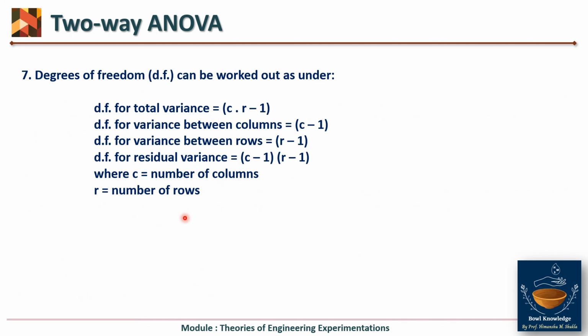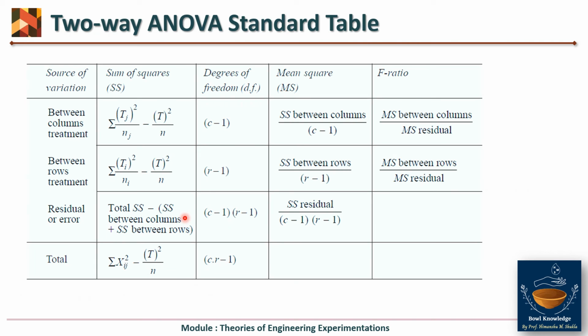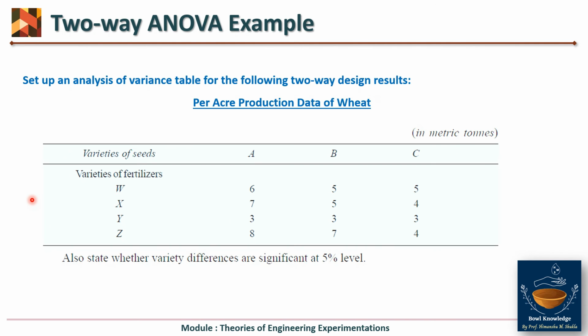All these steps which seem to be very complex will be understood very well by this example. So again this is the standard table for two-way ANOVA. So two-way ANOVA में यहाँ पे कितनी 3 एंट्री आती है, between columns, between rows and residual. यहाँ पे हम within की बात नहीं करते, because within होगा ही क्यों, because there are two factors varying at a time. So it will be cleared by an example of two-way ANOVA.